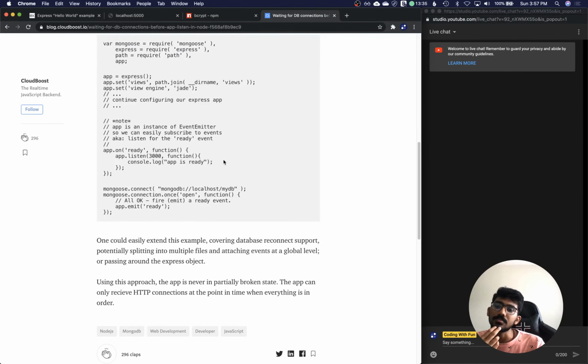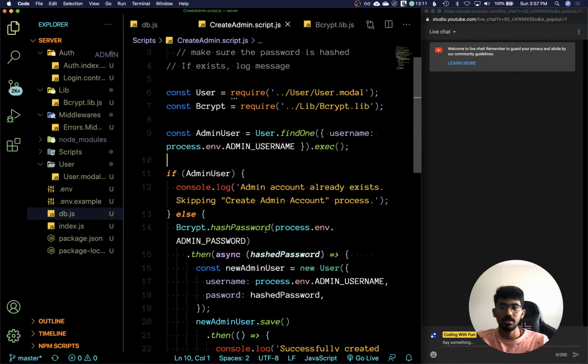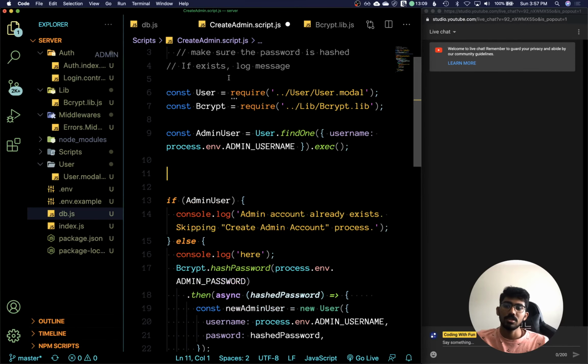Okay, yeah, we can use these events in the Express application. So we will fire this. Okay, we will change it